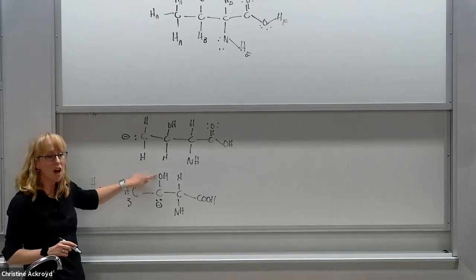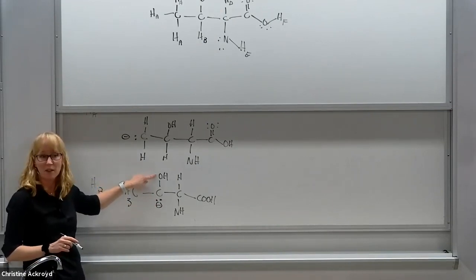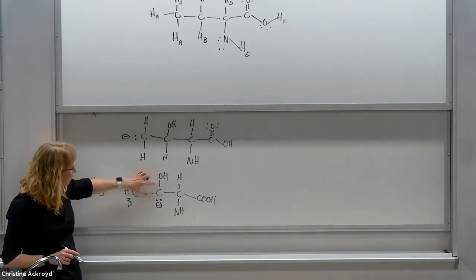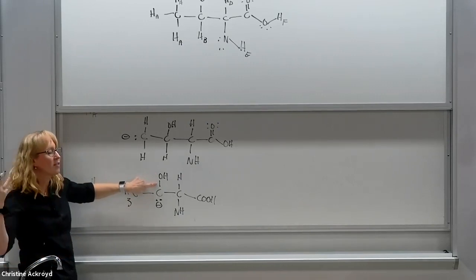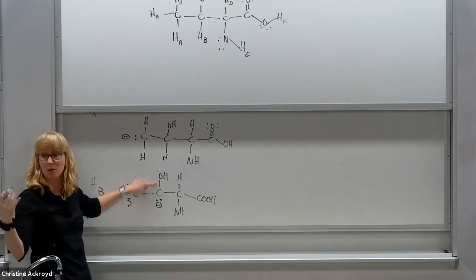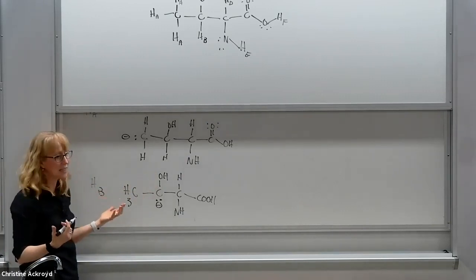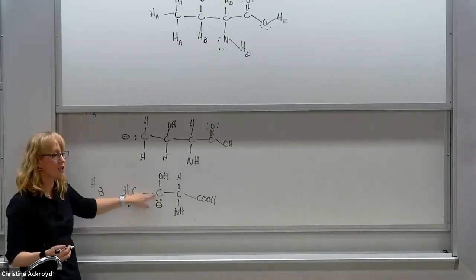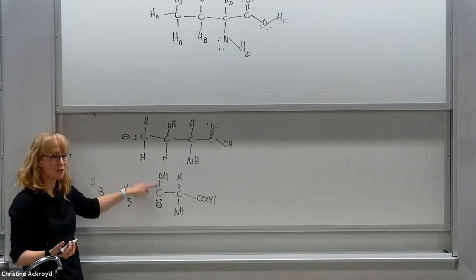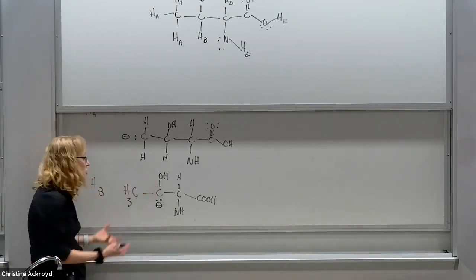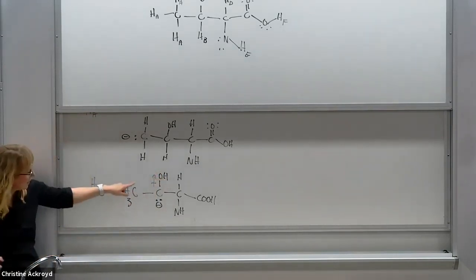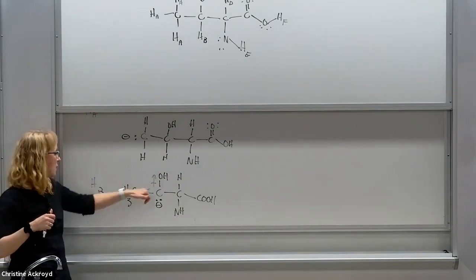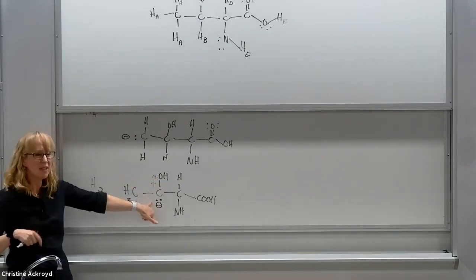Yeah, this OH on the top is going to do something. Talk to me about the bond polarity between the carbon and the oxygen here. Go back to unit 2 in Chem 105 where you talked about bond polarity. If you have a highly electronegative atom like oxygen bonded to a carbon, what does it do to the electrons in that bond? It shifts them towards the more electronegative atom. We could draw a little bond dipole like this. So it's pulling electrons towards the hydroxide. What does that do to the negative charge on the carbon?